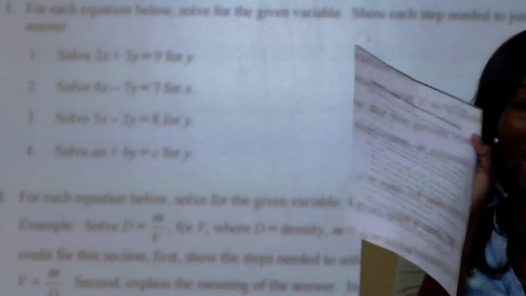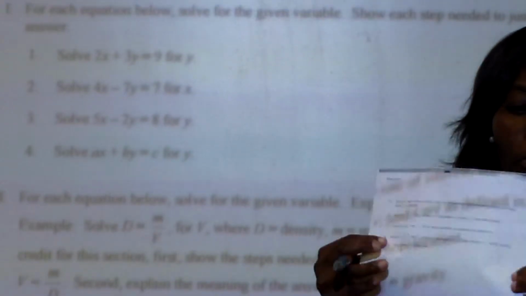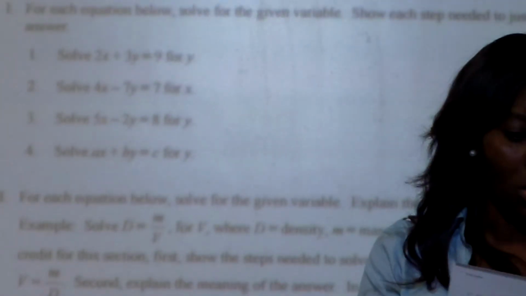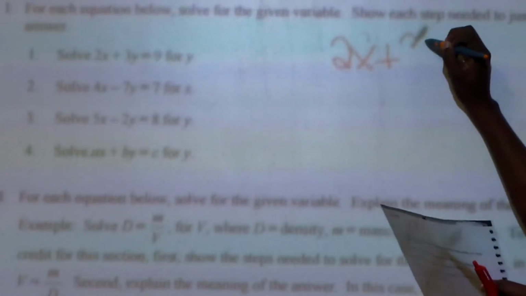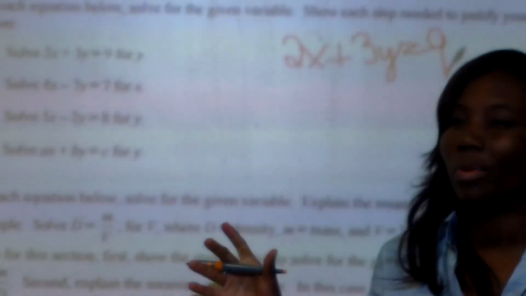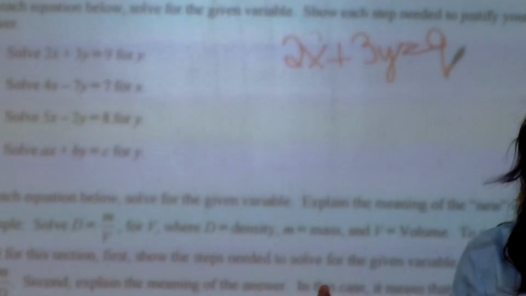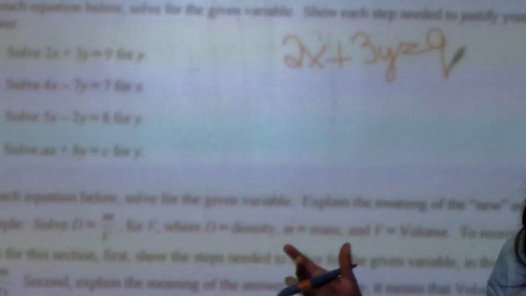Alright, today we're looking at the handout you should have picked up off the table, and we're going over a few problems, and then the rest of them are for homework. So guys, let's look at number 1. Everybody see number 1? I'm going to rewrite it just in case you can't see it. 2x plus 3y equals 9. Everybody got that? Okay, so we're solving for a variable. These are just a little bit more complex problems. Not really too complex, but you'll see when we get to the bottom, they're all equations that you'll use sometime